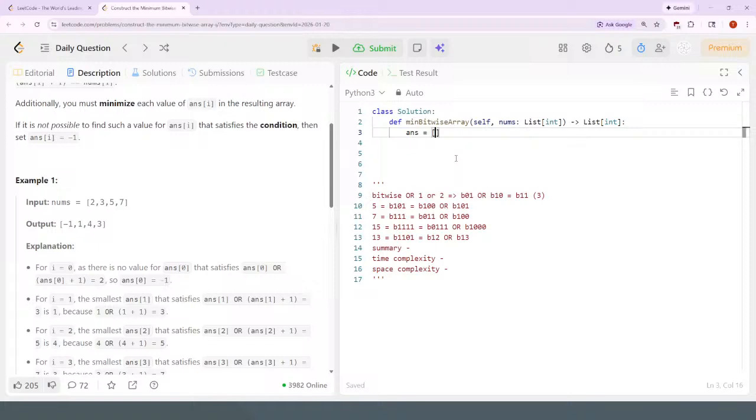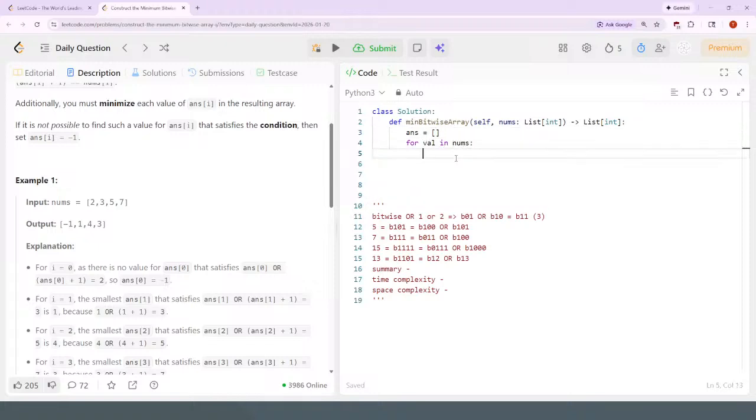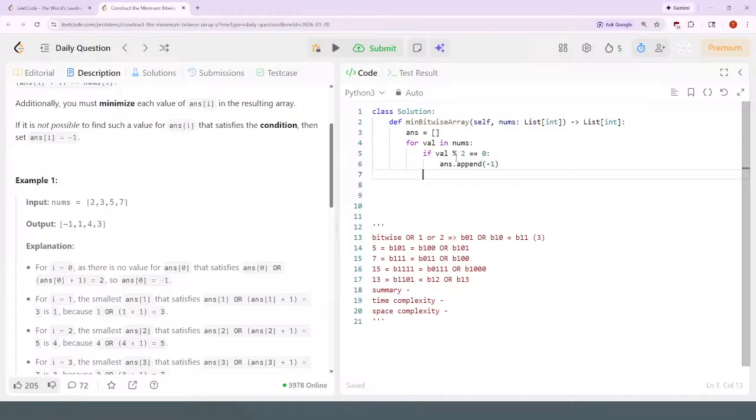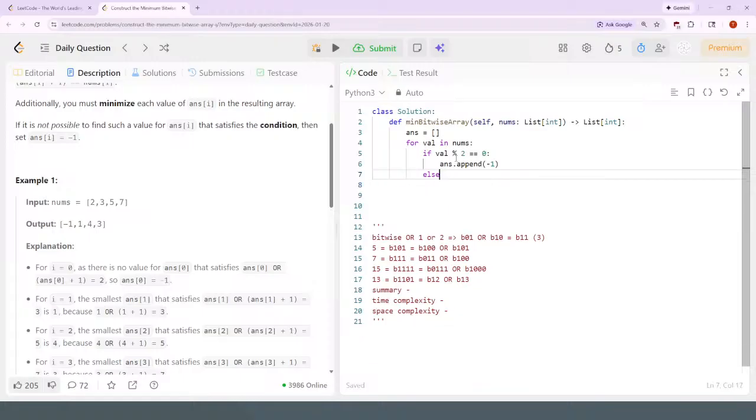Okay, so answer array for every value in nums. If the value is even, which is divided by 2 has a remainder of 0, then answer is going to be -1 for that spot. Else, I guess the other main condition is if the value is 1 less than the power of 2. How do I check that quickly? Less than power 2 means that maybe